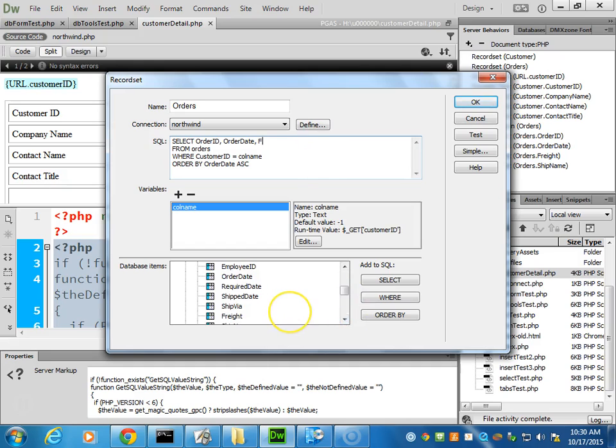We want the freight field. And we're not going to display the shipper number, the ship via. We're going to use that in the link. So instead,